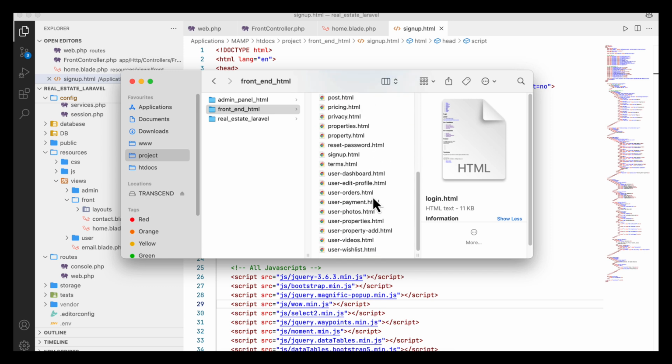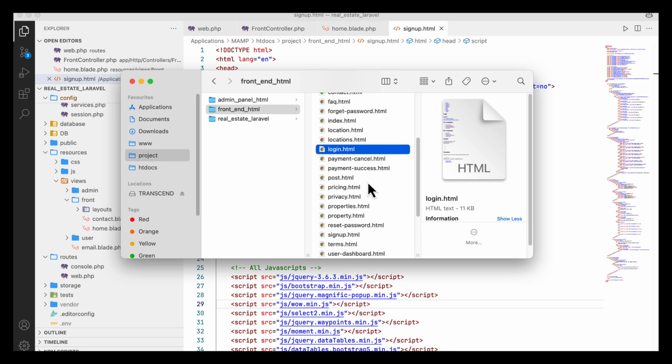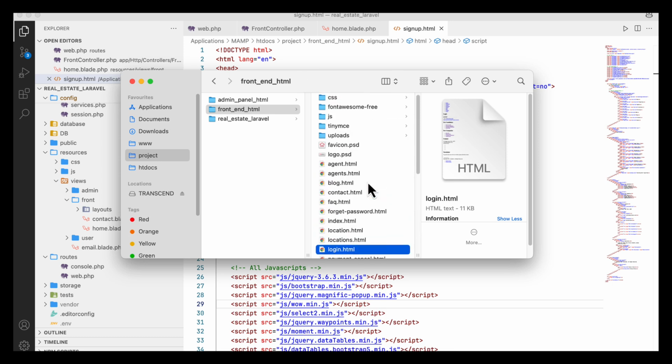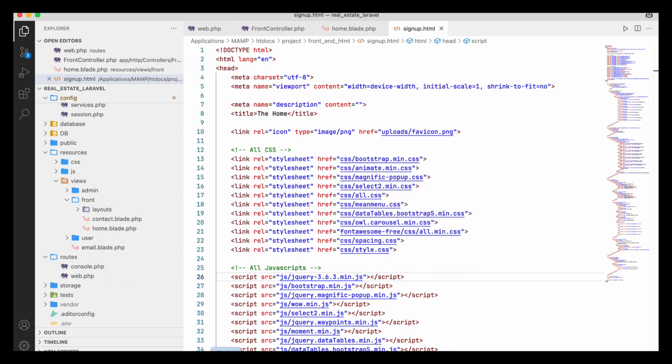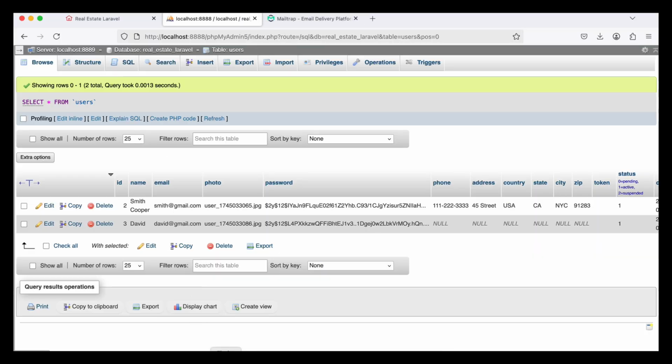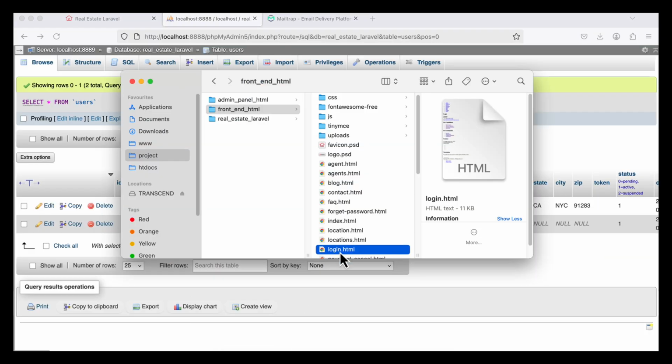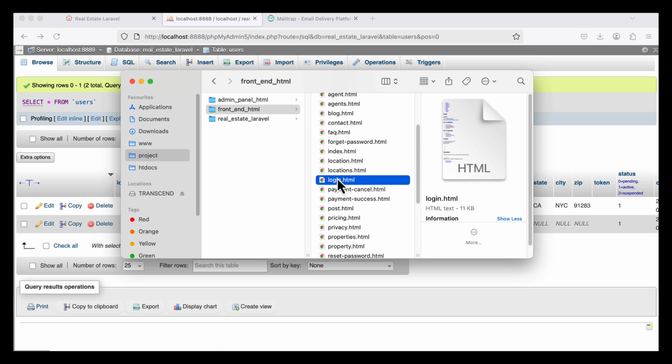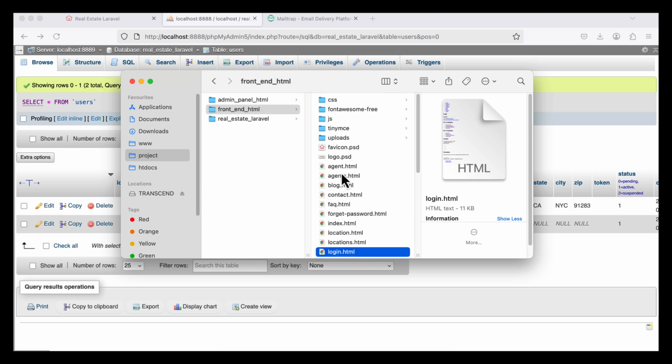So what I can do, here is actually the user dashboard, user orders, photo, properties, wish list, sign up, it is also okay, privacy, post, and agent, it is okay, fine. So now what I will do is I am going to open the login, or here the first one I can create an intermediate page here. For example,